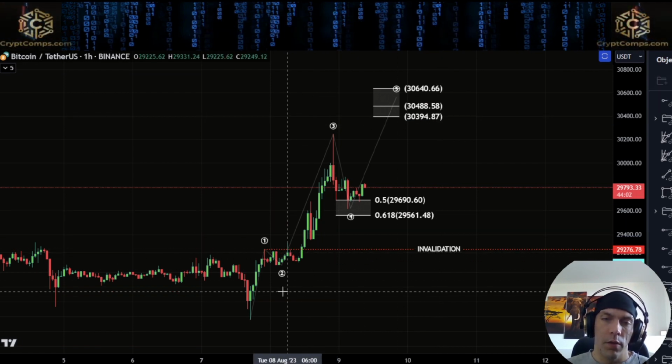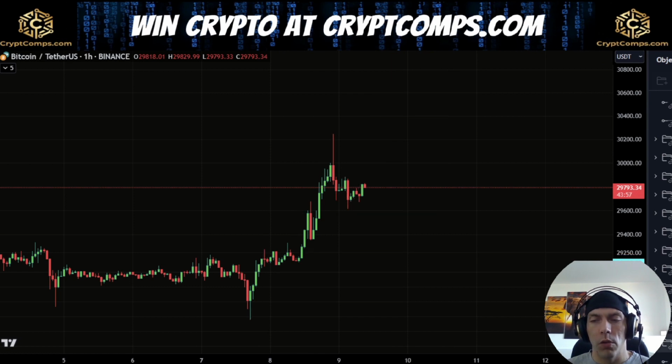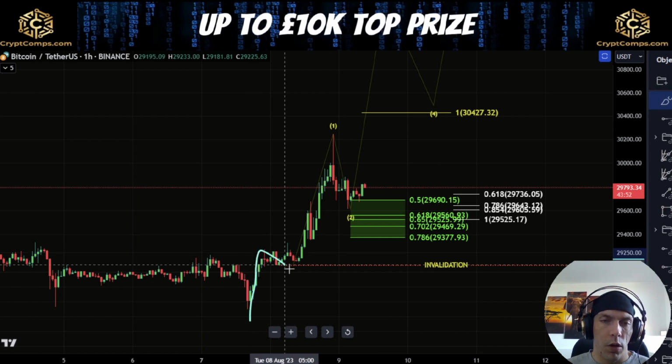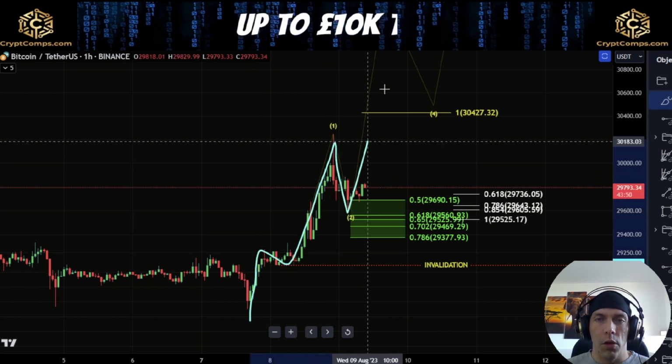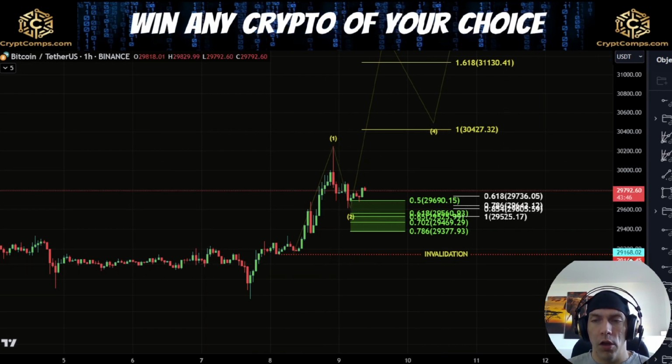Now, if we are looking at this as potentially the start of a 3rd wave, we need to be aware there is always the potential we could see extension. Now, if we are looking at this, what we could also say is that this is 1, 2, 1, 2, and we could see a much more impulsive move up. So we're going to be on the lookout for this for as long as we actually hold this